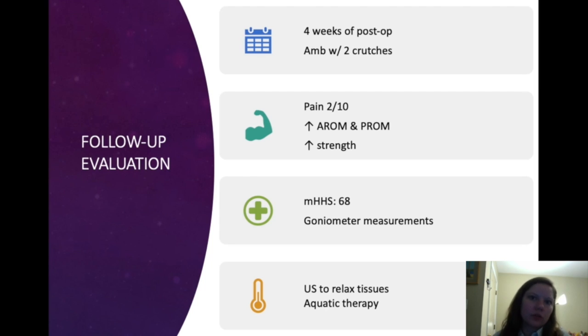So we're still in the proliferation phase, and we'll probably be in the proliferation phase for about 2 more weeks. And then in the next 2 weeks, hopefully she'll be pain-free. And then our goal is to increase the hip flexion to 100 degrees, and so she can advance to the next phase. And the patient will begin to ambulate with 1 crutch within the next 3 weeks, and we will also progress the strength exercises.